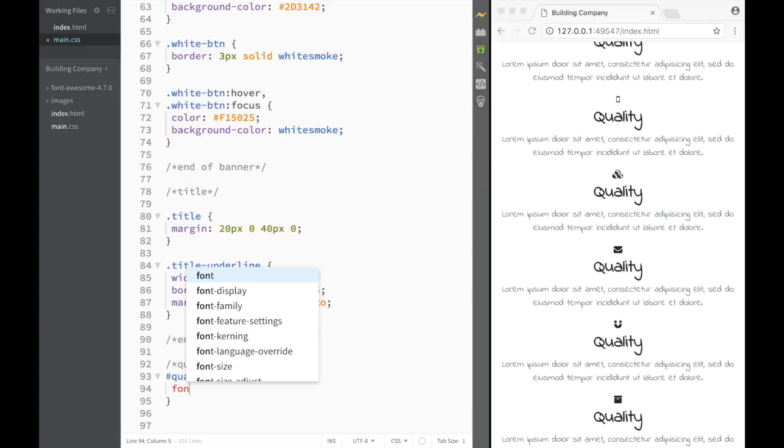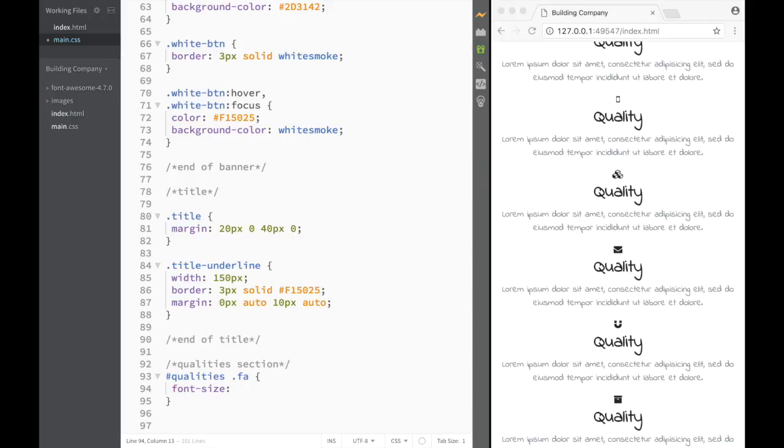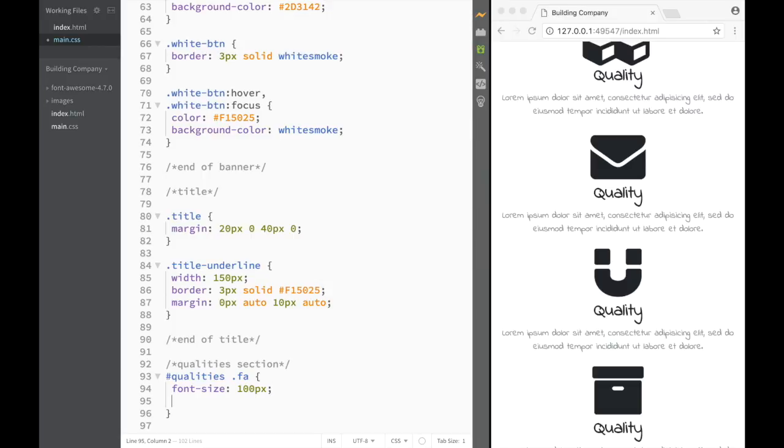So it's going to be font size, and we're going to go with like 100 pixels, right? Next one, we're going to have a color, and surprise, surprise, this is going to be the orange one. Then we're going to have a margin bottom. I'm going to give like 10 pixels,